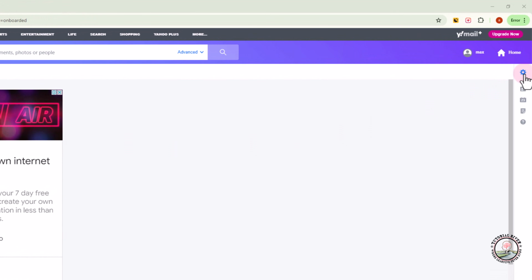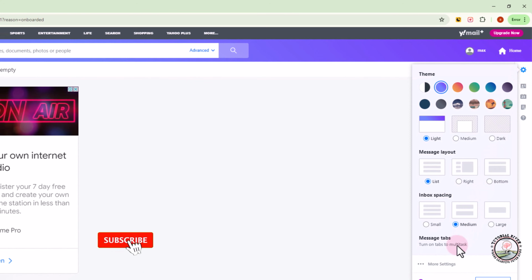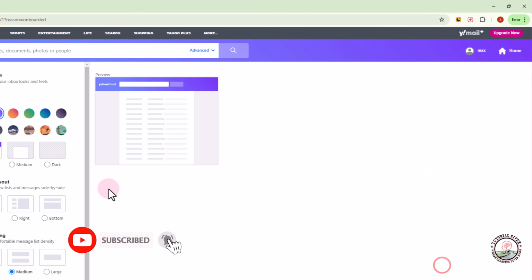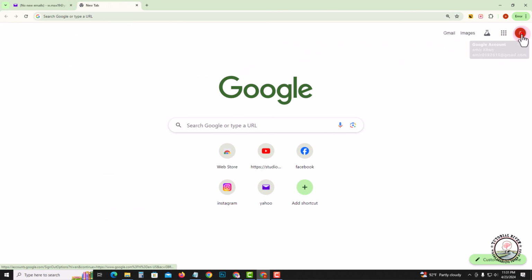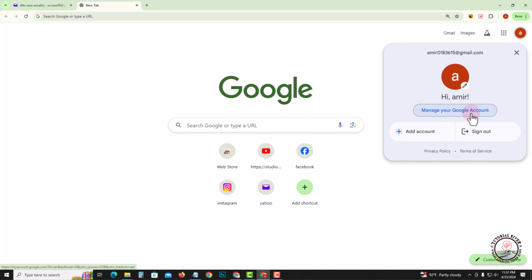Look at the right side, tap onto the settings icon, click on more settings, follow the left side option. So click on a new tab, go to your Google account, click on manage your Google account,